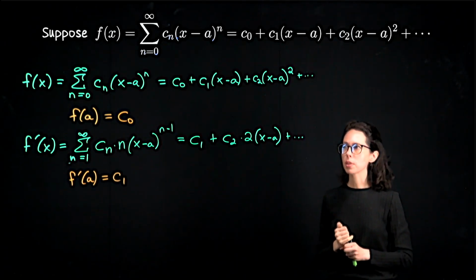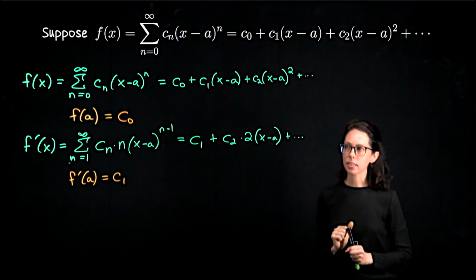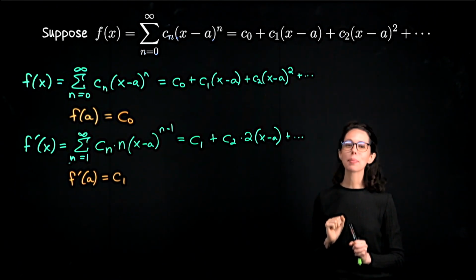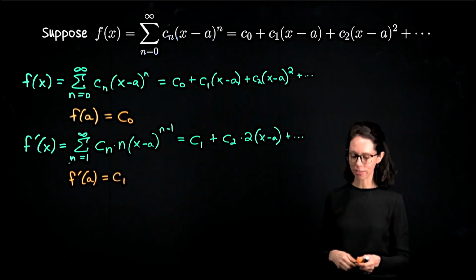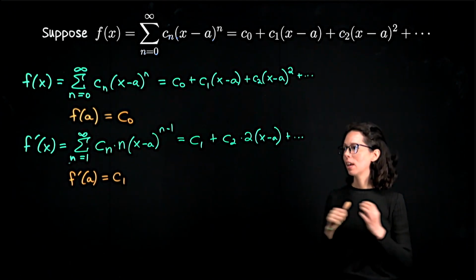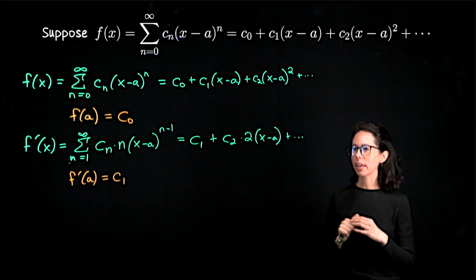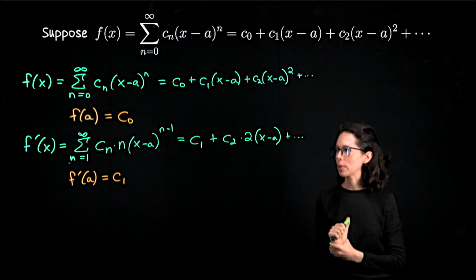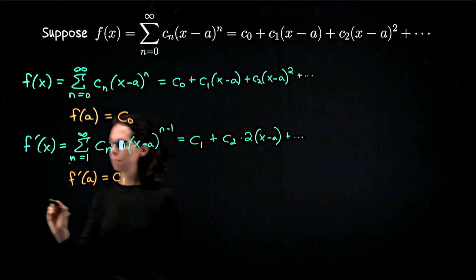So there's our descriptive form to replace this next constant, C sub 1. Don't spot a pattern yet, because we're going to see something a little different happen when we take the second derivative. Okay, so let's do f prime of x. And again, I'm going to try to do this with the sigma notation and with the expansion, so it's really clear what's happening. What is f double prime?